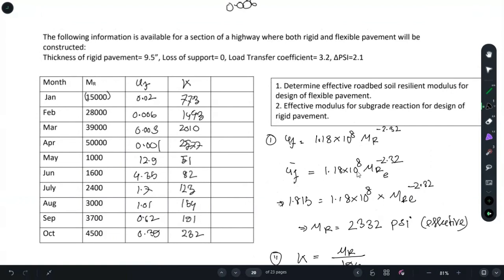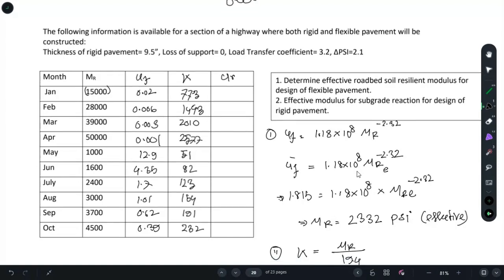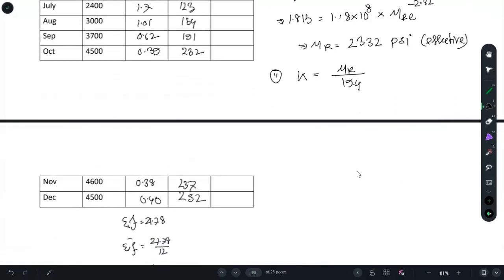So this is for January, this for February, but I need the representative one for which I design my pavement. And for that, how do we do it? We find mu r, the relative damage again, and that is for rigid pavement, and the equation is pretty long. That is, mu r is equal to